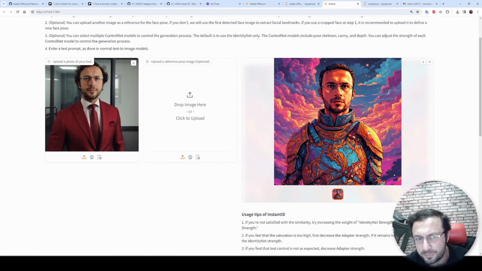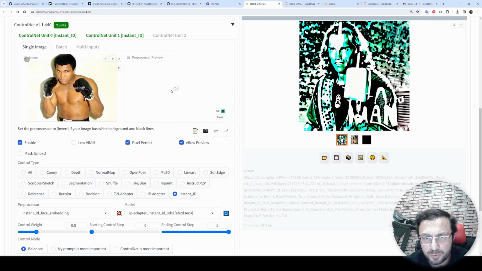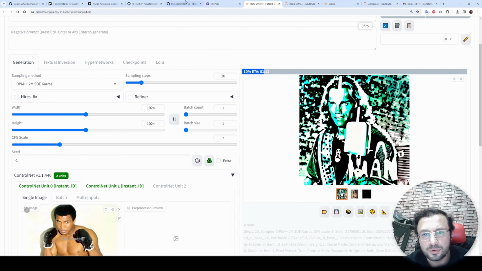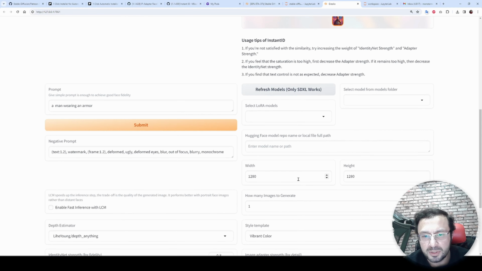I don't know why. Let's upload the same picture to demonstrate again. So I will use the same picture in both of the images, and let's say a man drawing in 3D CGI, or I don't know, we can say anything. Let's try again. It is just simply not working as it is supposed to. I think it is also slower than my configuration. It is taking really high time.